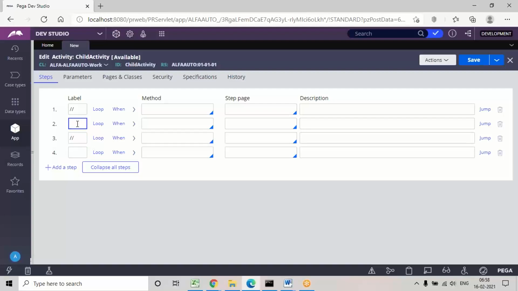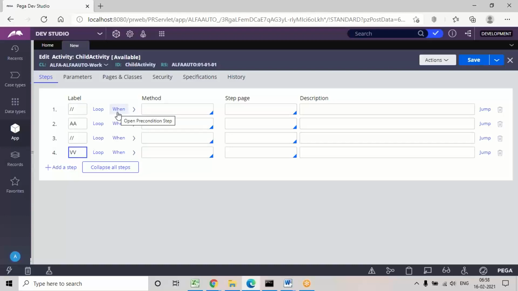Or some conditional parameters can also be given in the label. If the condition is true, jump to this step. If the condition is false, jump to this step. Like that, we can also pass some condition parameters. So that is about the label. And you have the loop condition. Loop condition means if you want to repeat the same logic for different results in the application. When you fetch any data, multiple results will be fetched, so if you want to repeat the same logic for all the results, some loop conditions are available. I'll implement that in the advanced scenarios.